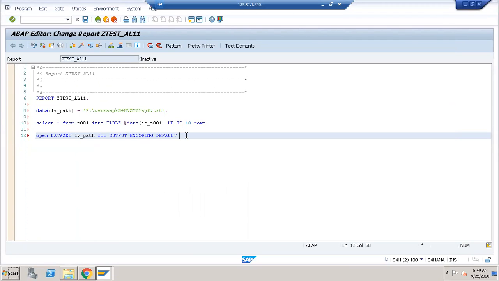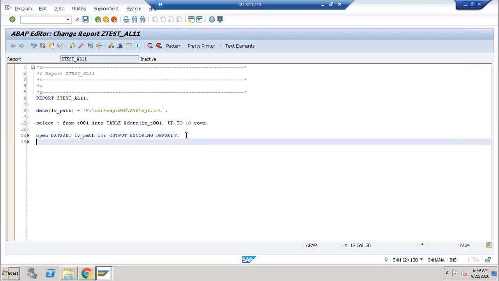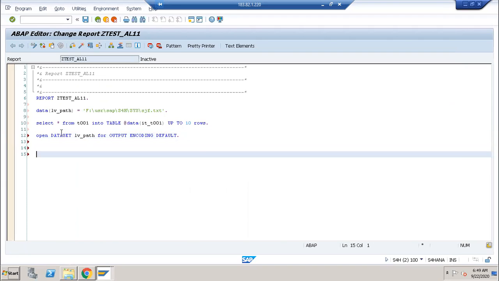This is the syntax for opening the file. Open dataset, the file name. The file name is SJF. Where is it located? It is located here: the F drive, usr is the folder in that, sap is one more folder, S4H is one more folder, and SYS is one more folder in that one.